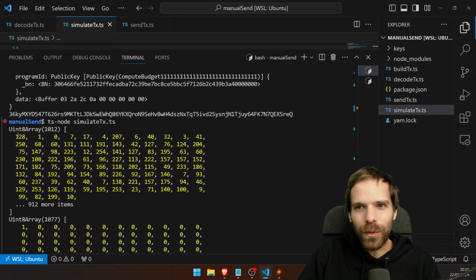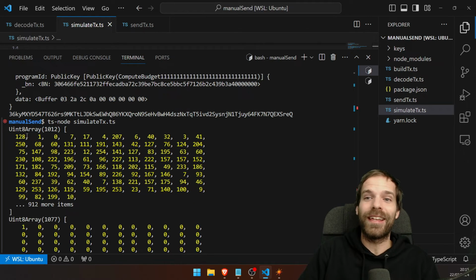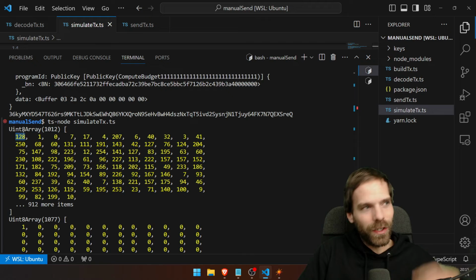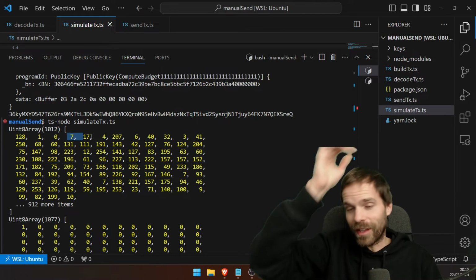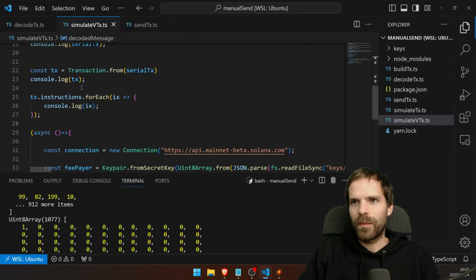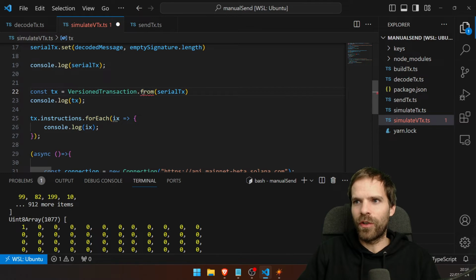Why do we see that? How do we see that? Oh, because that's 128. So that's a version 0 because the first bit is set to 1. So that's a version transaction. Okay, fine. The rest is pretty much the same, but then I do version transaction